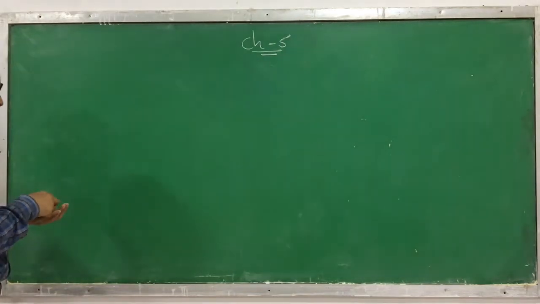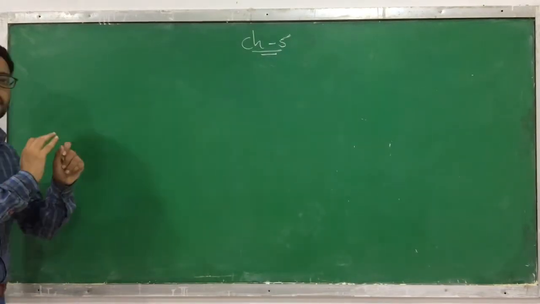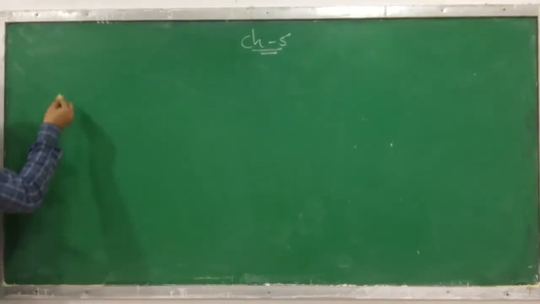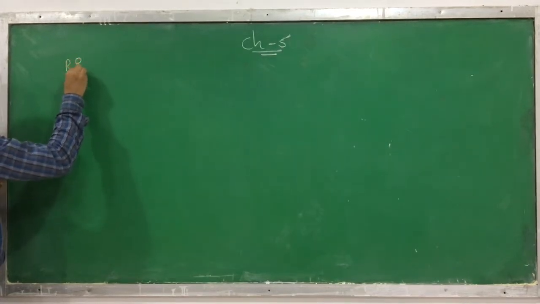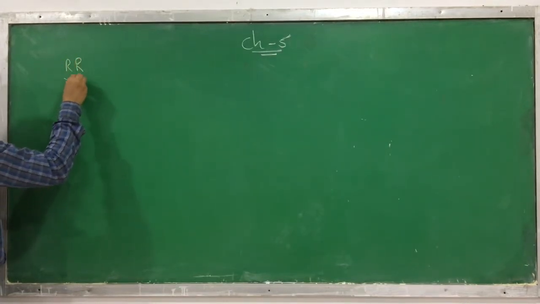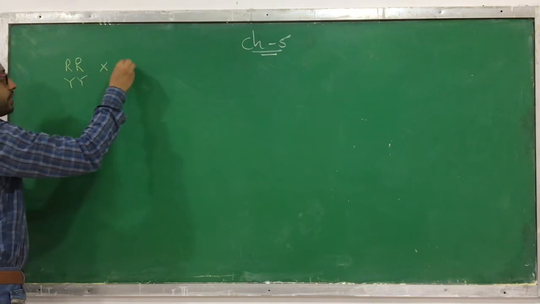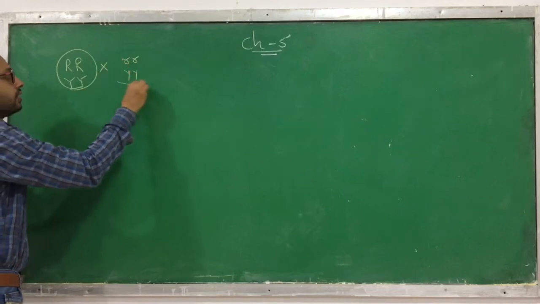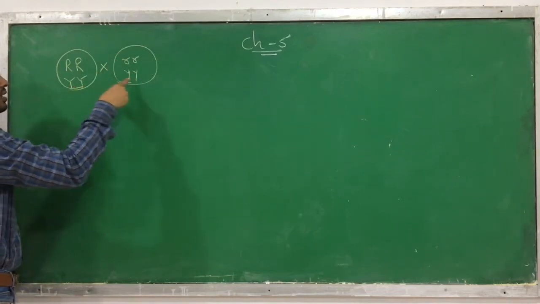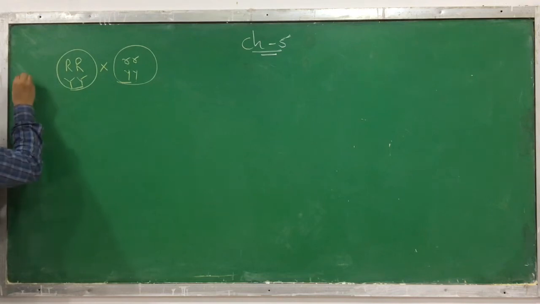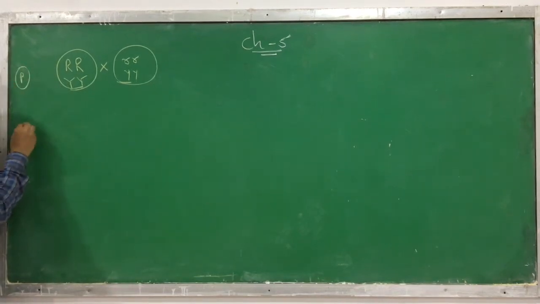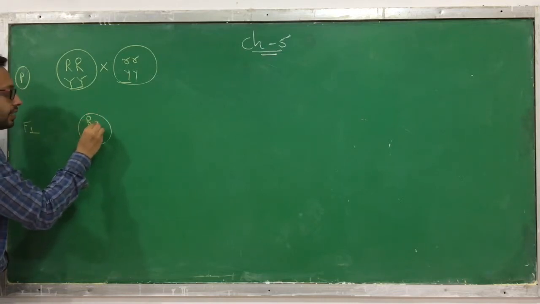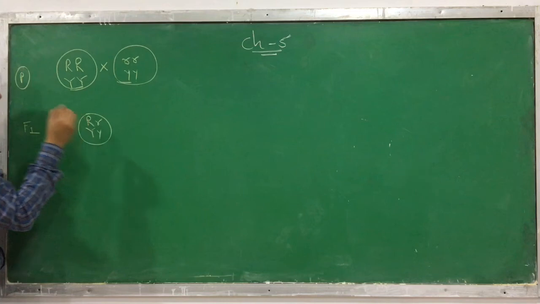First of all, I want to revise the dihybrid experiment we performed, and I will show you its result in brief. In the dihybrid experiment, two characters are taken. One is round and yellow seed, crossed with wrinkled and green. Round is dominant over the wrinkled surface and yellow color is dominant over the green. This is the parent generation we took. Now in the F1 generation, which kind of plant do we obtain? Capital R, small r, capital Y, small y.